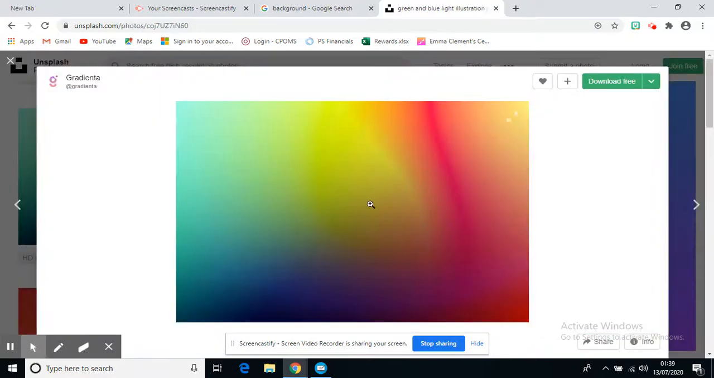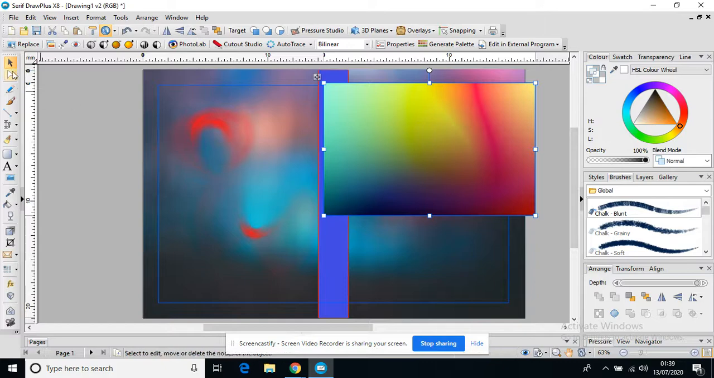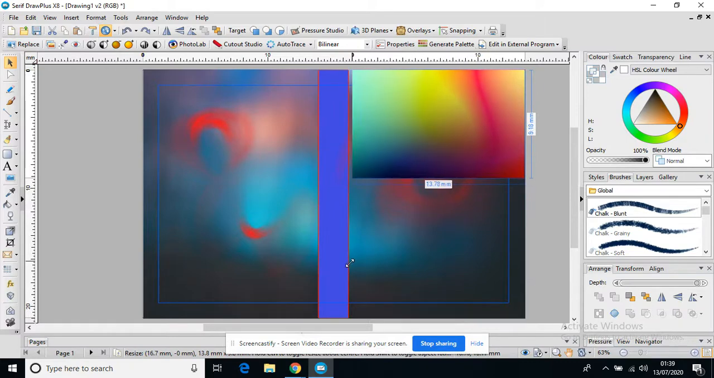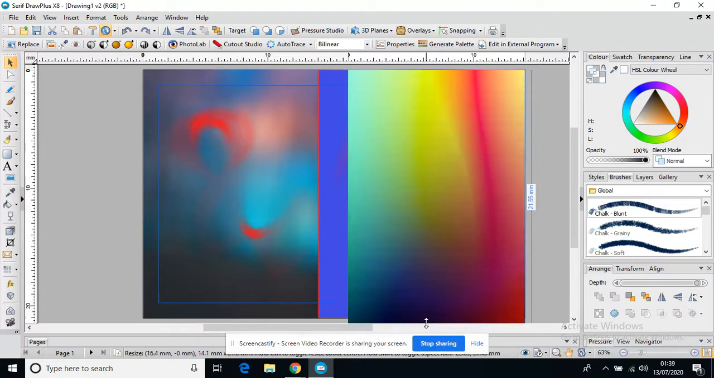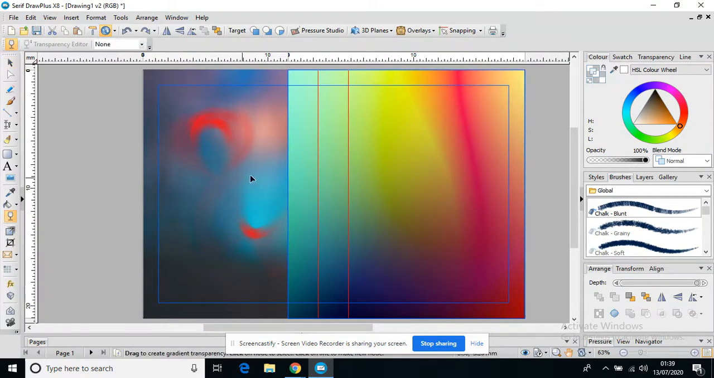I'll go for that one. Again, you can just copy and paste by right-clicking copy, or use Control-C and Control-V for your keyboard shortcuts. So I've now got 2 images, and I can just stretch that out to whatever size I want. And what I want to happen, I want to fade one image into the other. So what I'm actually going to do is use the transparency tool. It looks a little bit like a wine glass. If you select that transparency tool